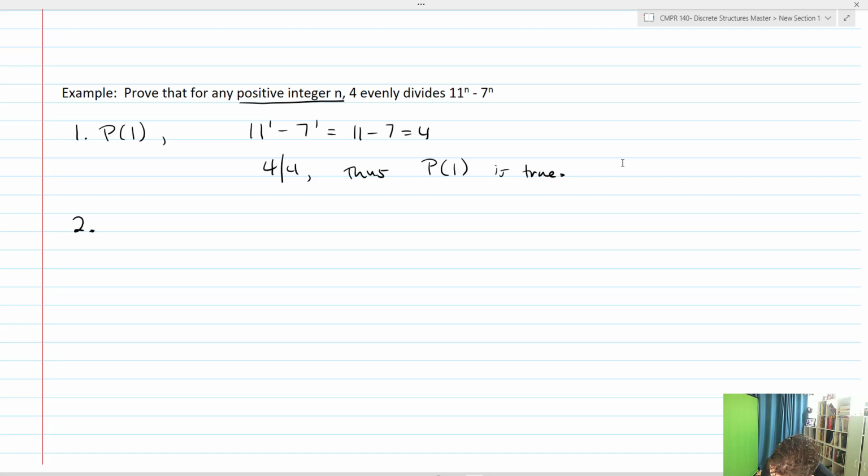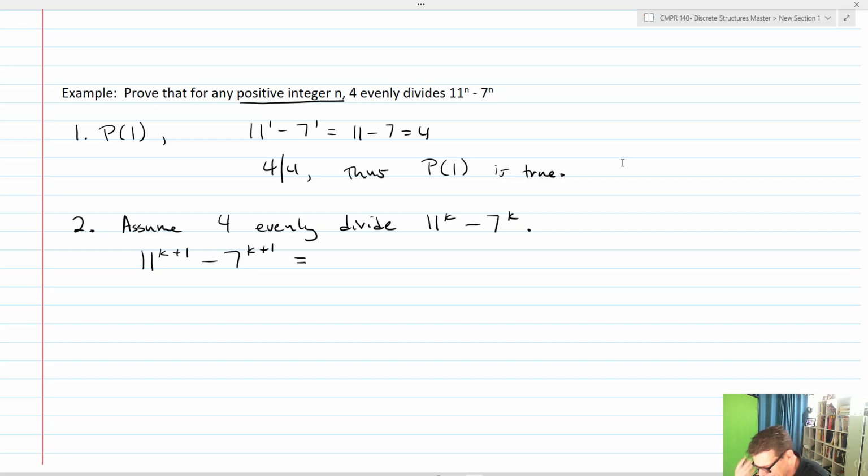Take a look at number 2. What we're going to say is, let's assume that 4 evenly divides 11 to the k minus 7 to the k. So there's our assumption. Then we take 11 to the k plus 1 minus 7 to the k plus 1. And this is going to then equal, if you think about it, it's going to be,